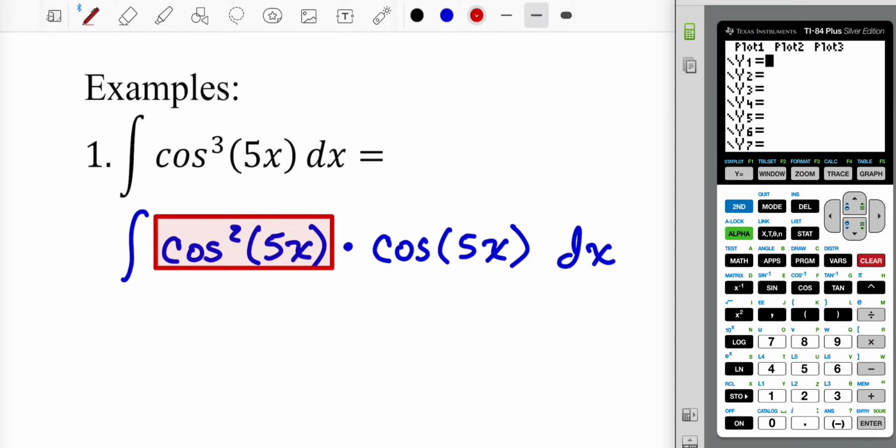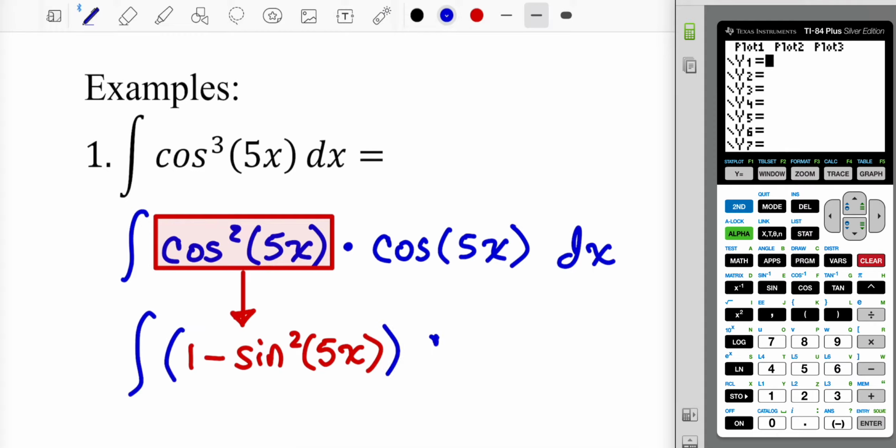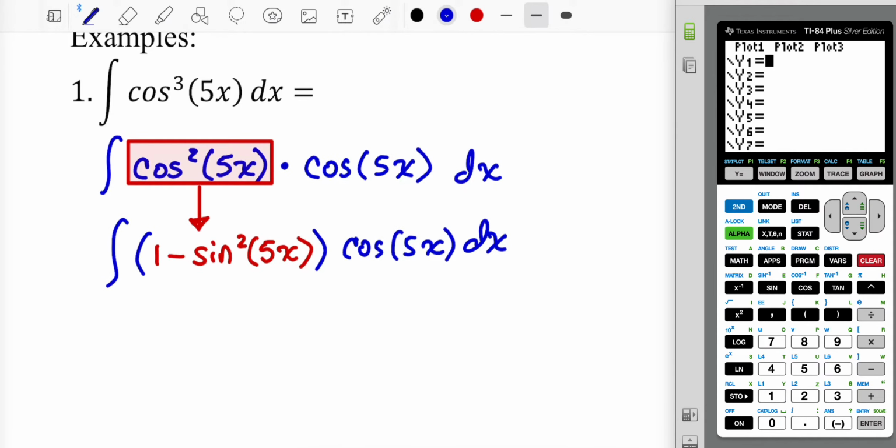I could use the Pythagorean identity to swap that out for a 1 minus sine squared of 5x. And you might look at that and say, well, how's that going to help? Well, that's the thing. It may not, but if it does, you'll find out really pretty much in the next